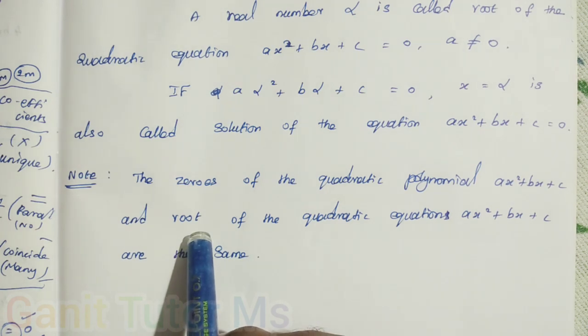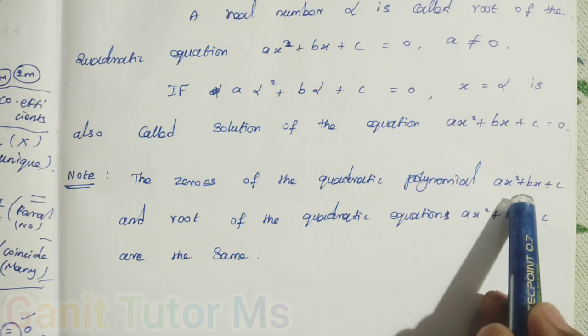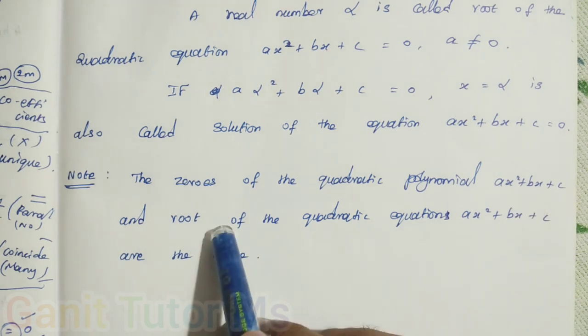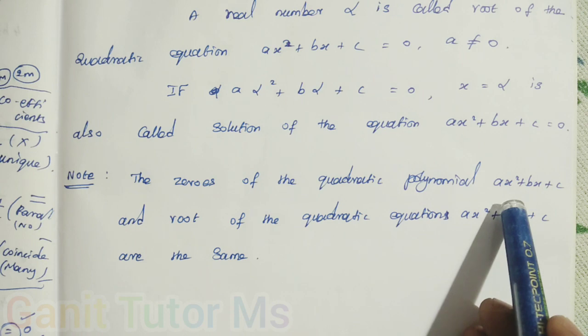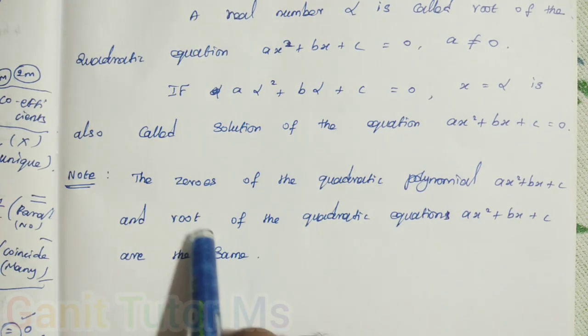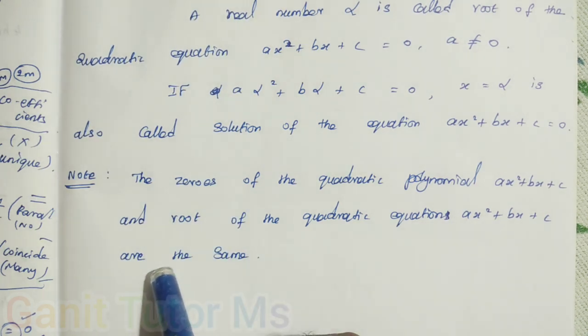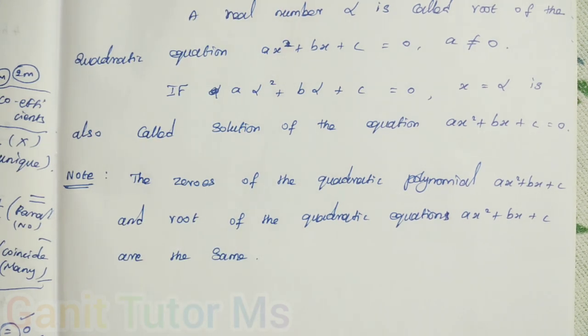Are you all clear? So in this quadratic equation, how many zeros will you get? 2 zeros. Here it is power 2, so 2 zeros. It is the same thing with roots, 2 roots. Any doubt? Here root means solution, or zeros of a polynomial. In a quadratic equation, it is called a root. Any doubt?